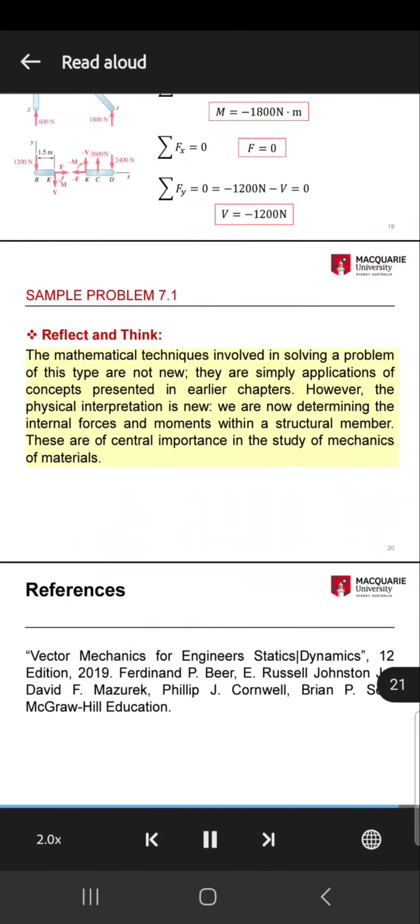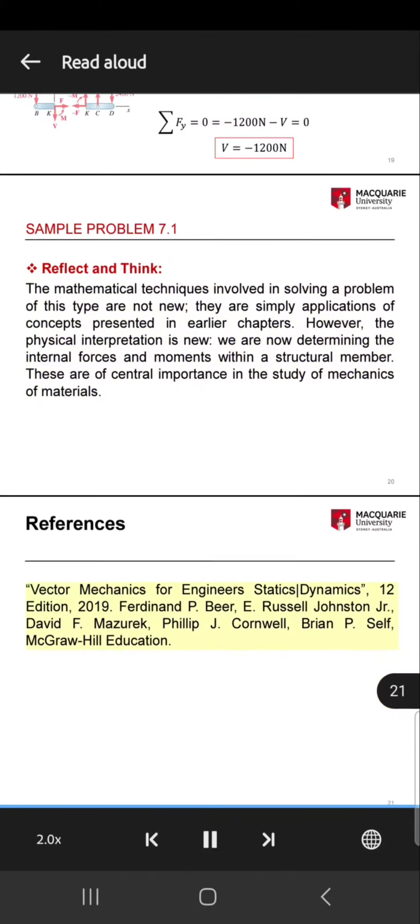They are simply applications of concepts presented in earlier chapters. However, the physical interpretation is new. We are now determining internal forces and moments in a structural member. These are of central importance in the study of mechanics of materials. The mathematical techniques involved in solving the problem of